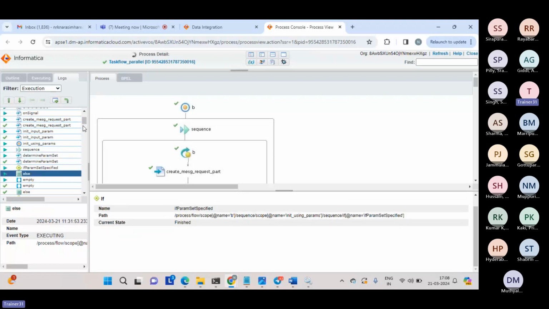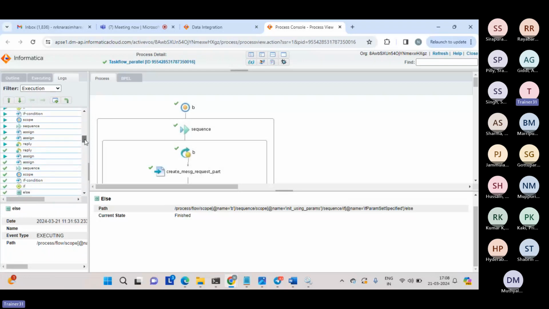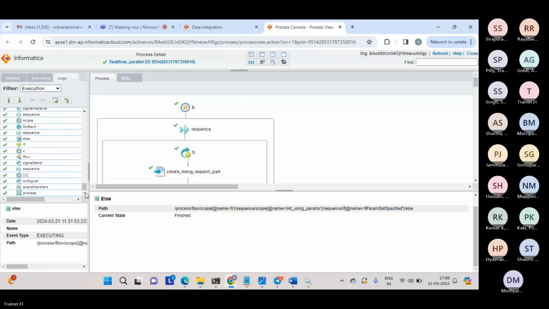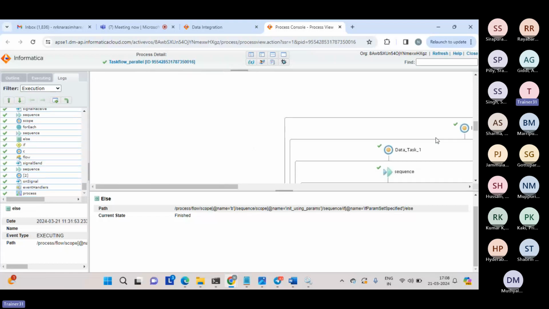So likewise, you can see the complete set of instructions, like what all happened in this particular task, but too much detail, you'll get it. So input, output, process, whatever happened, we can see that. Now, let us say we need to focus on one particular thing,